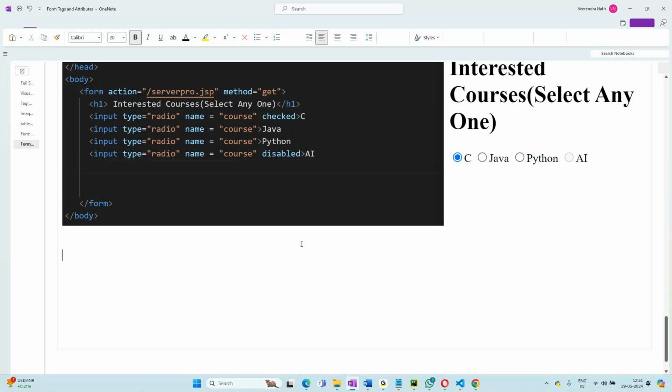Radio button will not do that first. Then who will do that? Checkbox. What is the next option? Checkbox. I want to give multiple options. You can select more than one. Simple words. So in this,